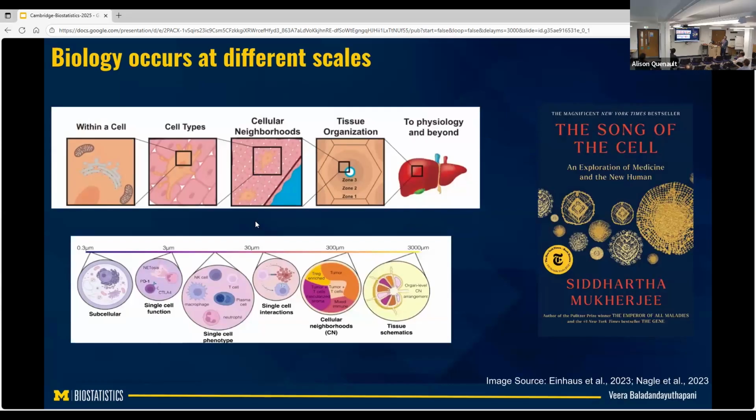So I'll start with a very high level view, so that I get to the why of it before I get to the how of it, in spatial modeling in these biological systems. A lot of you might know better than me that biology happens at different scales. What we see at the organism level is the tissue level, right? And then when you trace it back, a lot of action actually happens at the cellular or even the subcellular level.